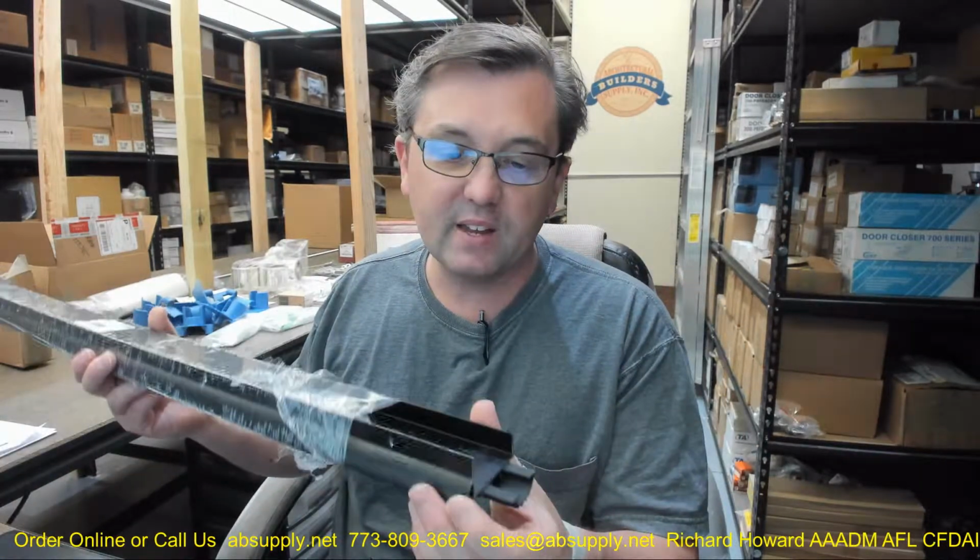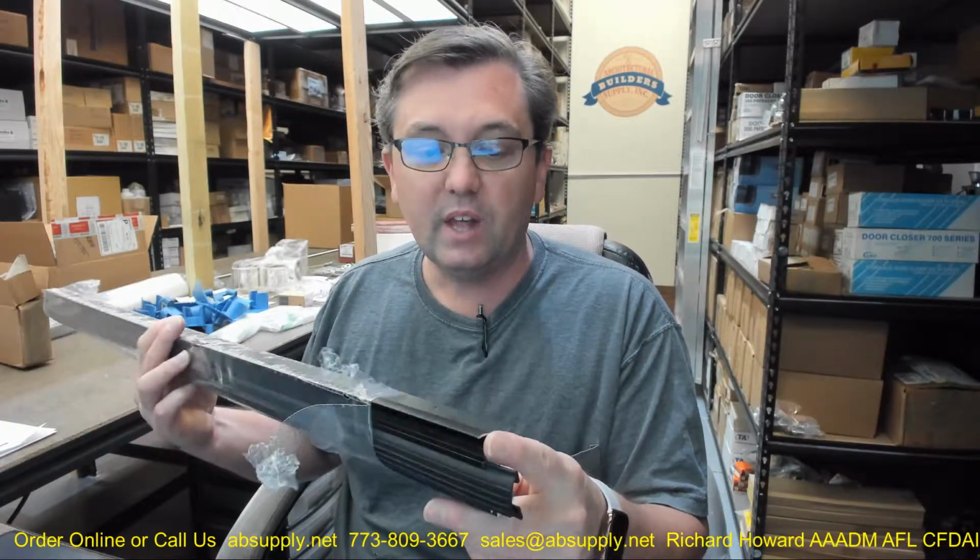The reason I say that is this is a 3 foot piece. It's unlikely that your door is actually 3 foot. It could be. Actually, it's not unlikely that it could be exactly 36 inch. It's likely that your door is 35 and 7/8 or 35 and 1/16, or things of that nature. So if you have need for a custom length, let us know. By all means, if you're going to take a 3 foot piece and cut it down to 32 inch, let us know the size and we'll provide that,